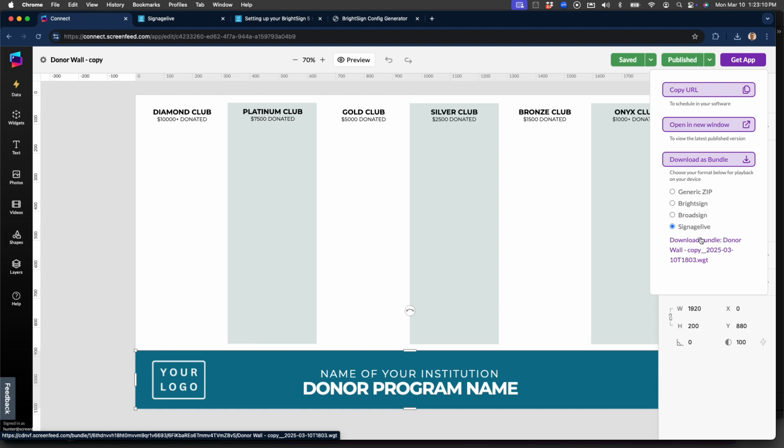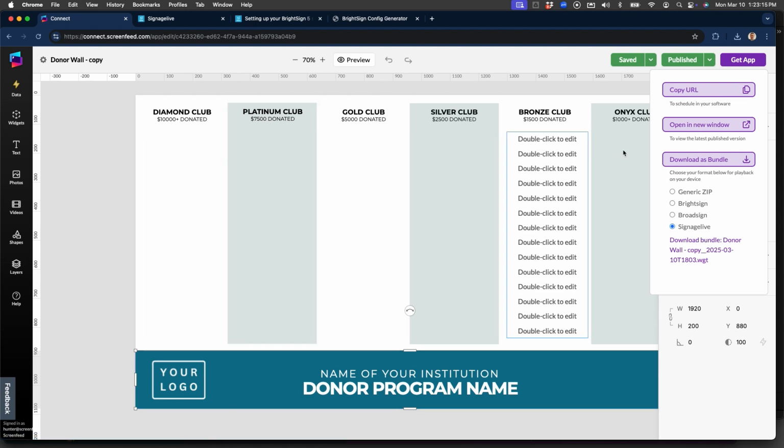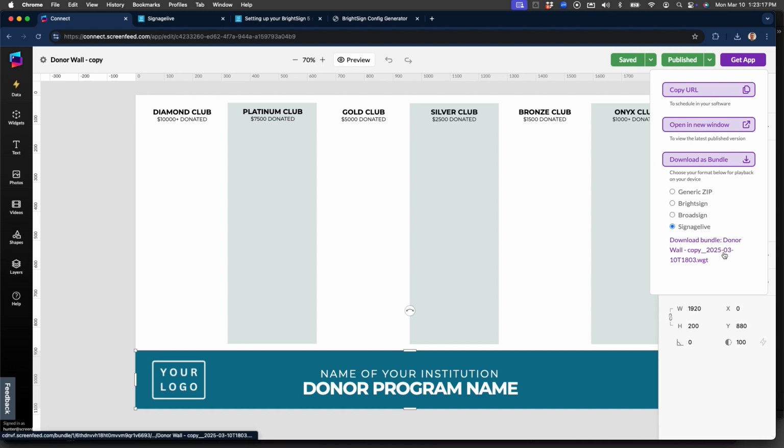The advantage of this is that it provides a more stable application if for whatever reason the internet network for your player is not good, maybe it goes up and down, this will always have something available to show. Whereas if you're using the copy URL, it does depend very heavily on your internet connectivity being good.